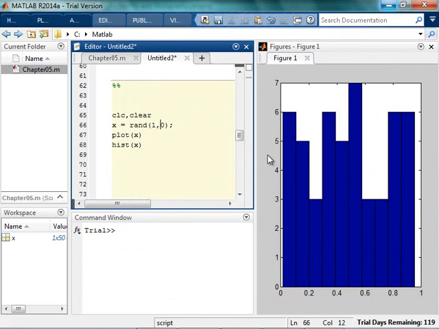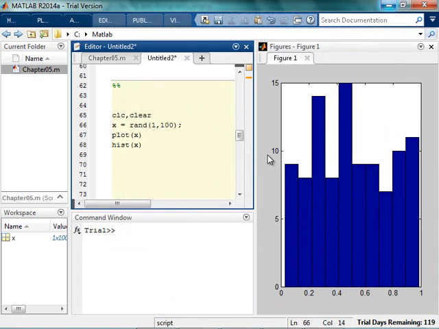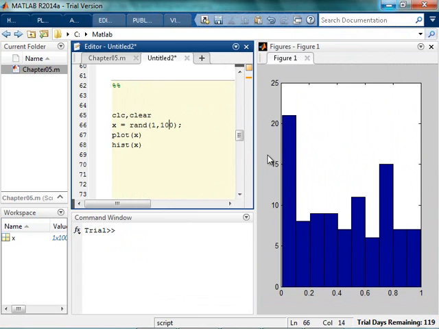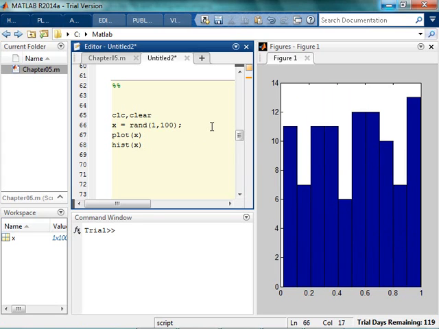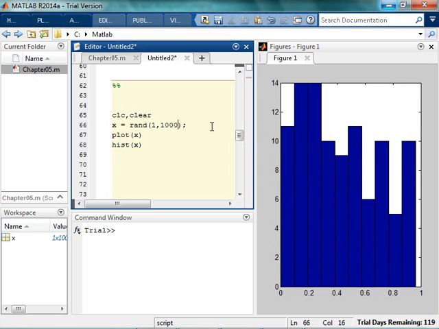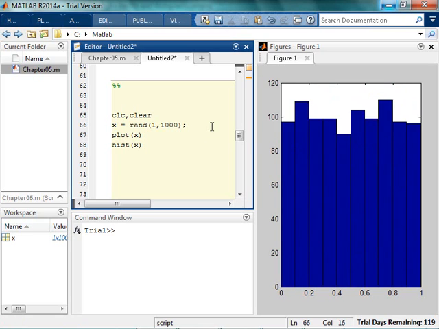I'm going to generate 100 random numbers. I'm not changing anything else, but you can see the distribution of those random numbers. I randomly generated 100 numbers, and I ended up with a whole bunch in the 0 to 0.1 range. This is really interesting. It helps me see that random numbers, even though I generate 100, don't evenly distribute. That said, the more of these that I do, the closer the numbers are going to come.